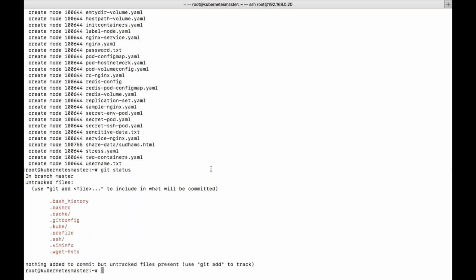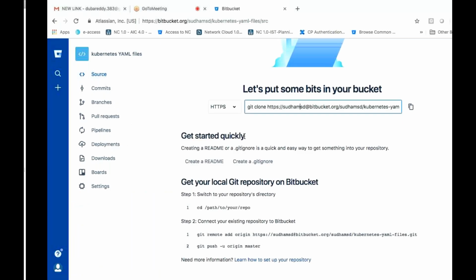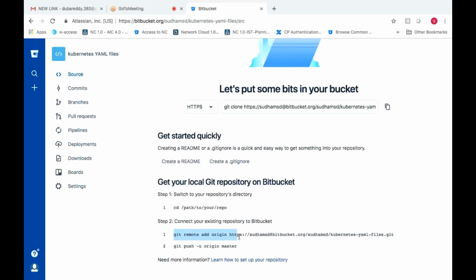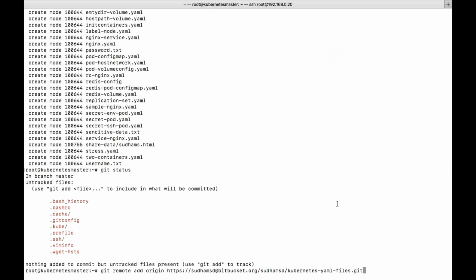Now I need to push to this particular repository. First I need to add the remote: git remote add origin and this particular URL.